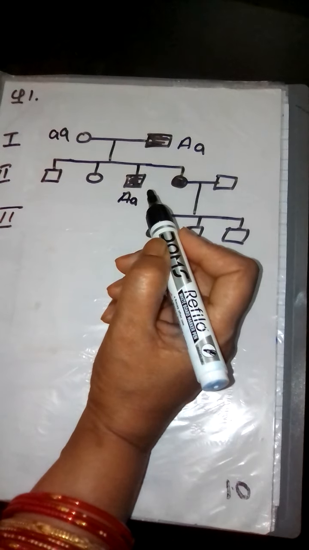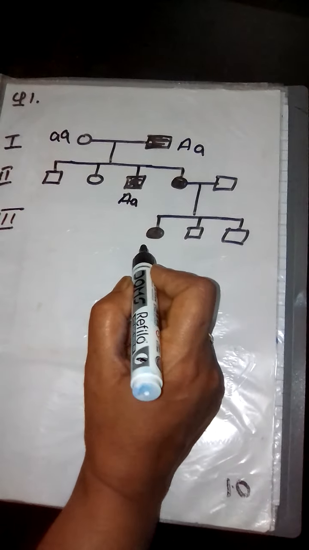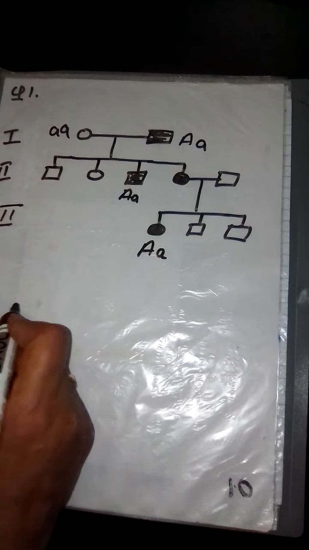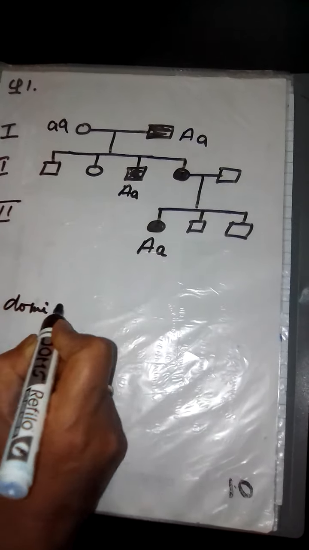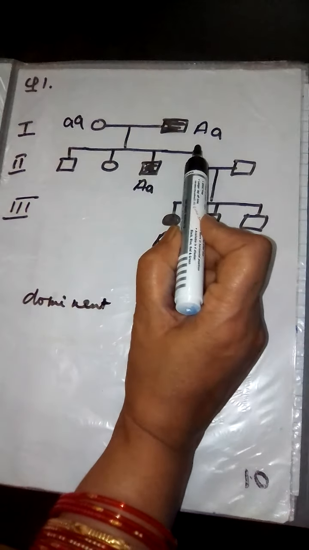The first grandchild, shown in generation 3, will also be capital A and small a. Now try to understand what I said, that this disease is dominant. Okay, this disease is dominant. It means even one copy